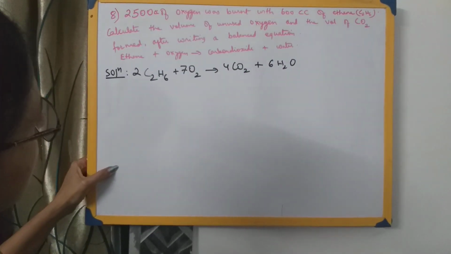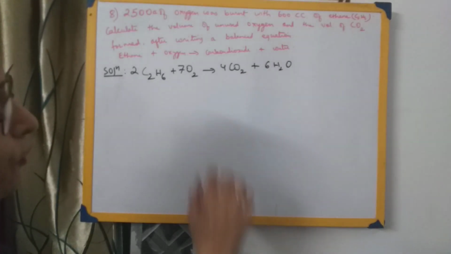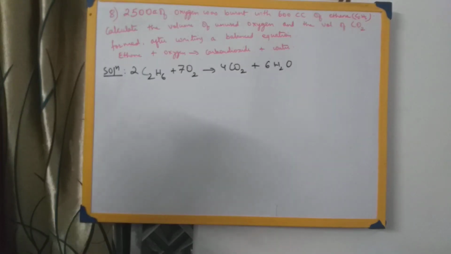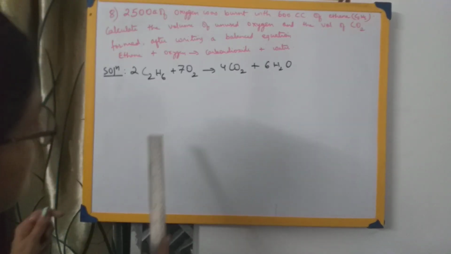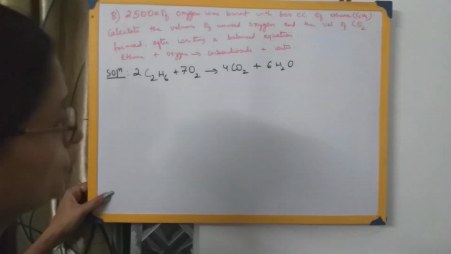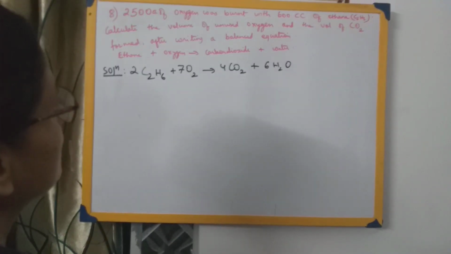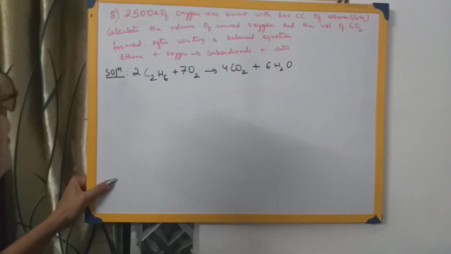Now this equation comes from organic chemistry also, so it's a very important equation. When you study organic chemistry, you'll come to know it's a very important equation. It is so important that I've checked it so many number of times that I remember the ratio is 2, 7, 4, 6. I don't need to balance it. After checking it so many times, it has set up in my mind that the ratio is 2746. So this is the required equation.